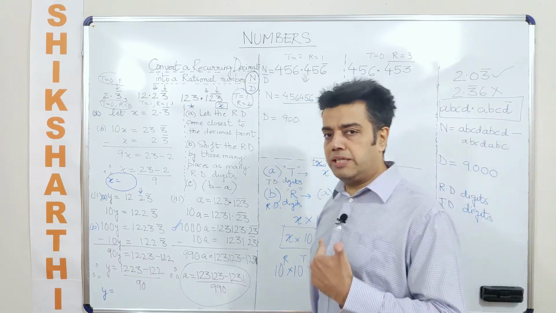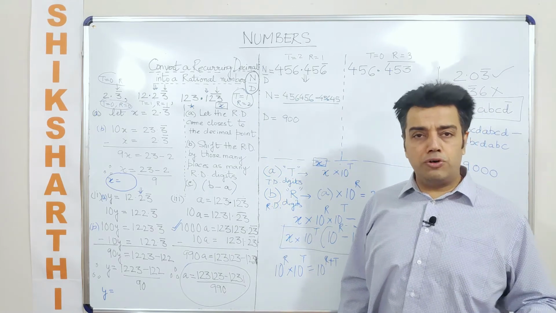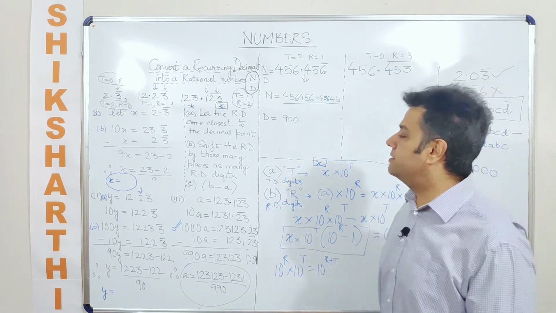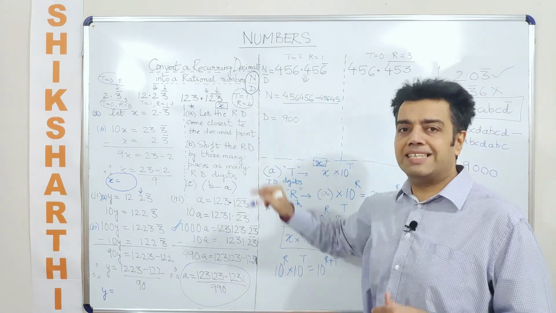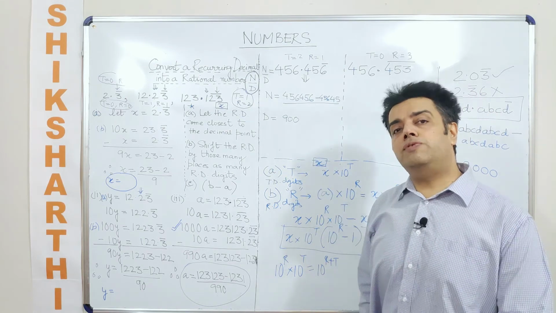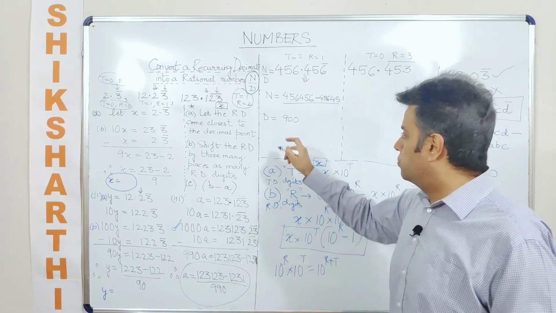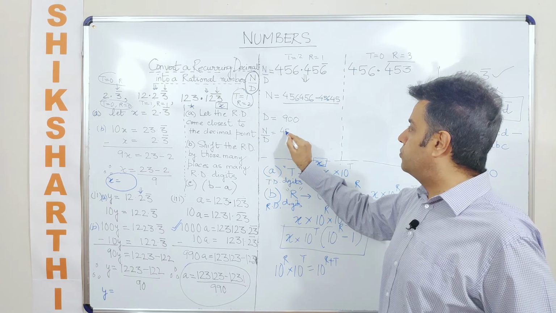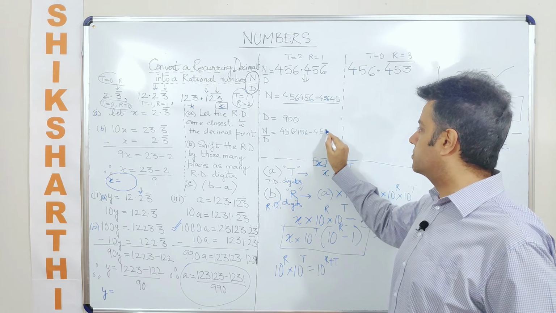Just for the sake of revision, in the denominator the answer that you are going to get will be 9 followed by zeros. Right? So how many nines? How will you decide the number of nines? The number of nines will be decided by the number of recurring decimal digits, and how many zeros thereafter? The number of zeros will be decided by the number of terminating decimal digits. So then you can write down the answer in the same format, so that you are able to revise what is the method that you are using, and then you can reduce it to the simplest fraction yourself.